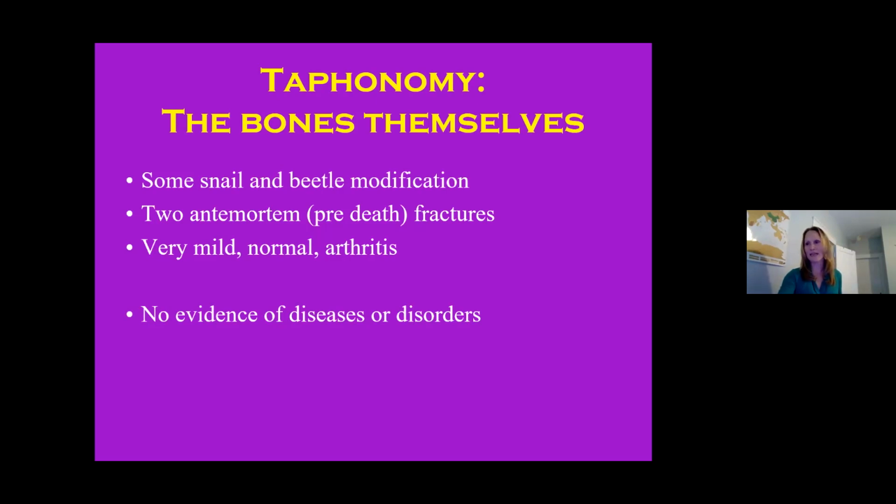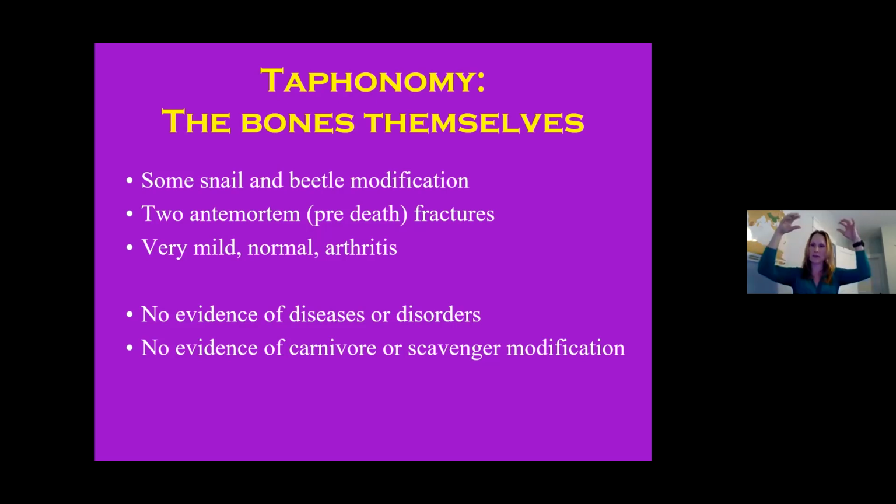That does not mean they didn't die of a disease, but not every disease is going to manifest itself onto the bones. But we have no evidence of that in any of the individuals thus far in the whole Rising Star cave system, not just at Dinaledi. We have no evidence of any carnivore or scavenger modification. So a lot of other cave sites we find in South Africa are going to have carnivores, particularly leopards, dragging them into caves or up into trees, and then they'll drop them, but they'll chew on them. We're going to see change in what remains we have of the bone, as well as some carnivore tooth marks, some punctate depressions that we'll find on the bones. And we don't have any of that